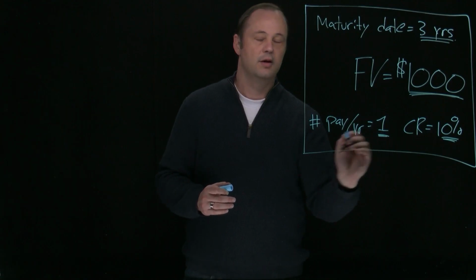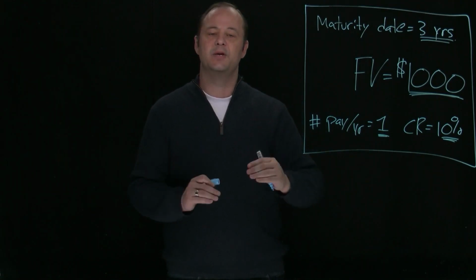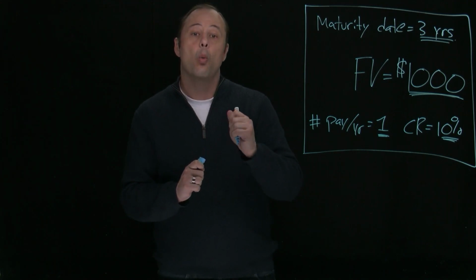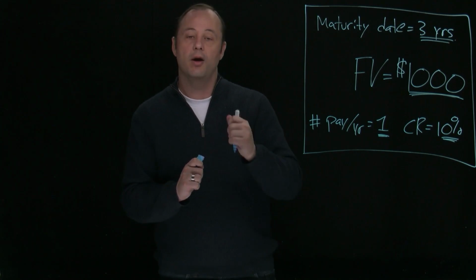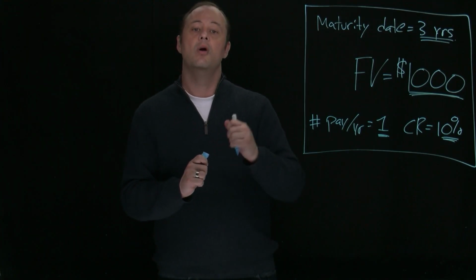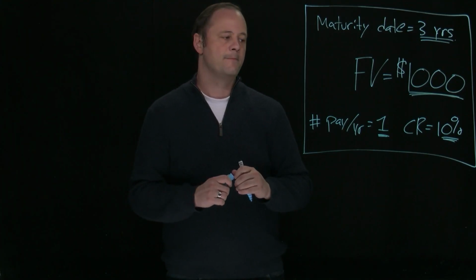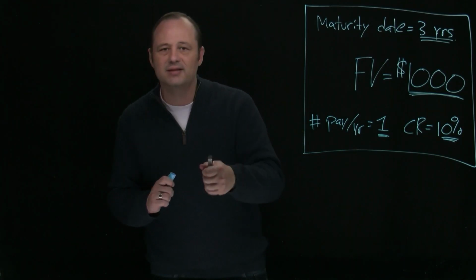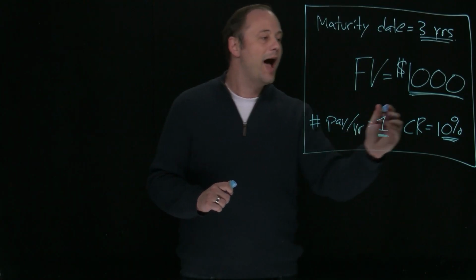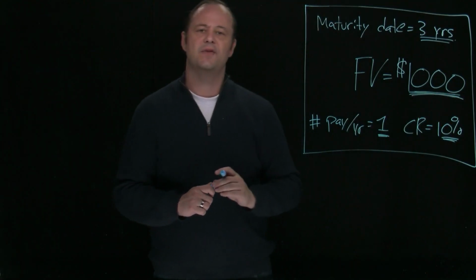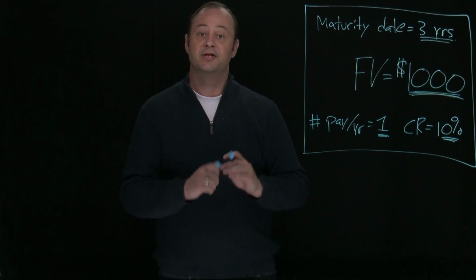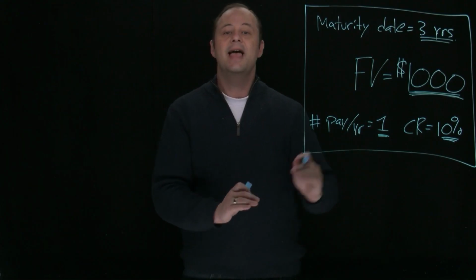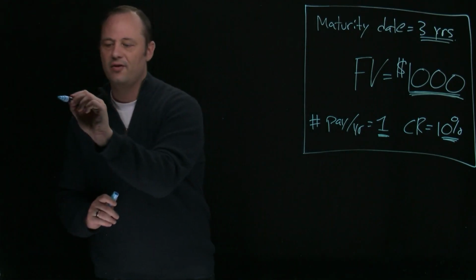1. So quick calculation. That means between now and 3 years from now, I'm going to make annual payments of $100 each year. 100 year 1, 100 year 2, 100 year 3. And then finally, at the very end of those payments, right after I make that last $100 payment in 3 years, I'm going to pay the big face value amount of $1,000.